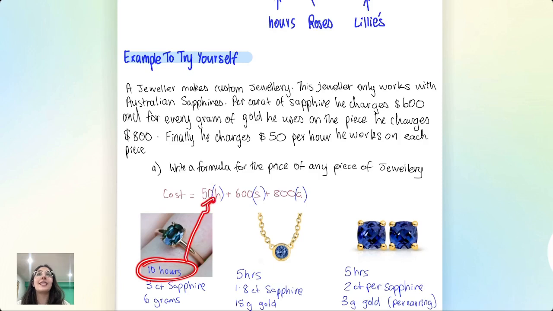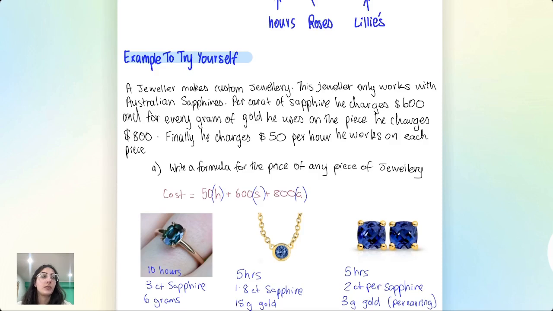And instead of S, you'd put a 3 in the brackets. And instead of G, you would put a 6 in the brackets. And then you just plug it into your calculator with the brackets, and your calculator already knows that brackets just means multiplication. Okay? So everybody do that for me, please. And then we're going to go through the answers.